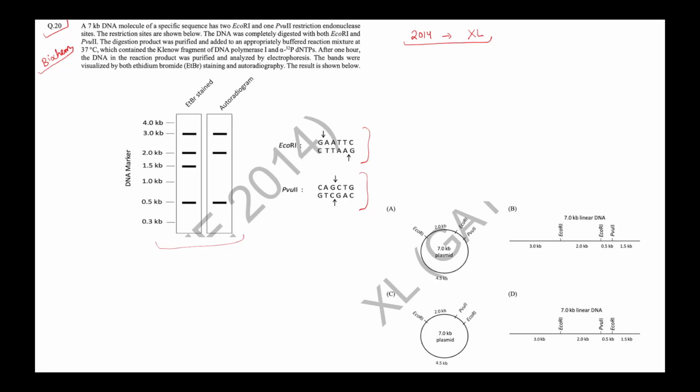And it has been asked to us about the correct map of the DNA molecule. So these 4 options are given to us. Okay. So as this question is talking about restriction endonuclease digestion,